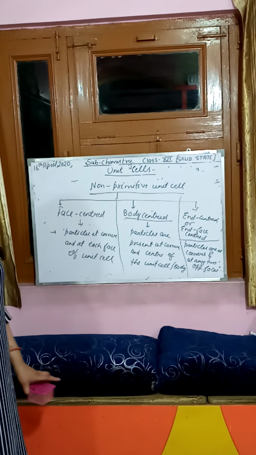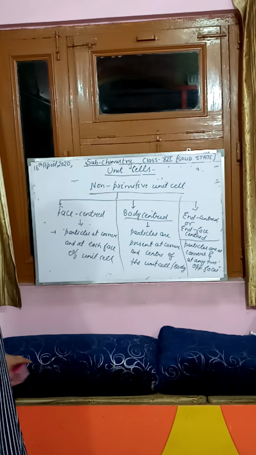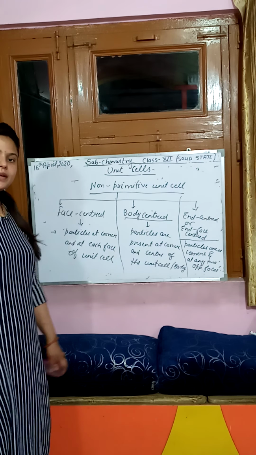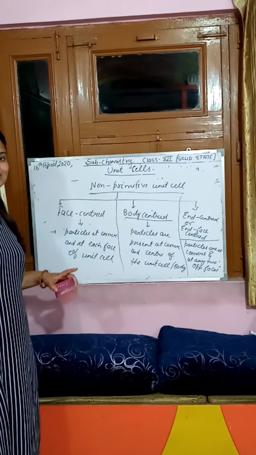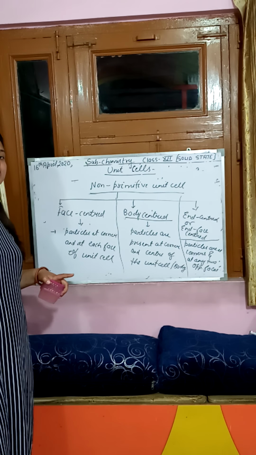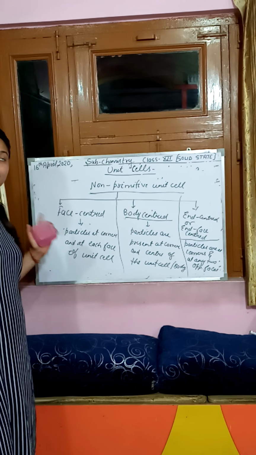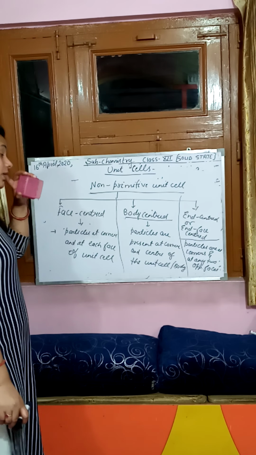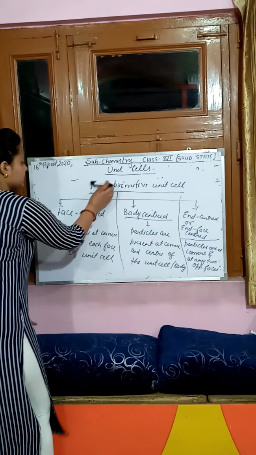So there are four types of unit cell. Basically two types, primitive and non-primitive. Non-primitive is further classified into three categories: face-centered, body-centered and end-centered. I hope that it is clear to you. Now let us recall our crystal system. How many types of crystal system we have discussed? Remember beta, crystal systems are defined on the basis of parameters. Parameter means edge length and angle between the edges. But types of unit cells